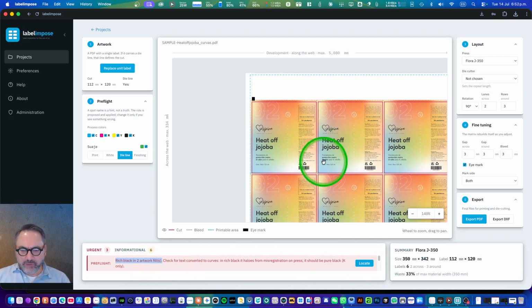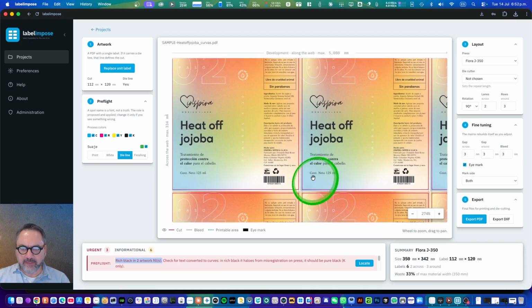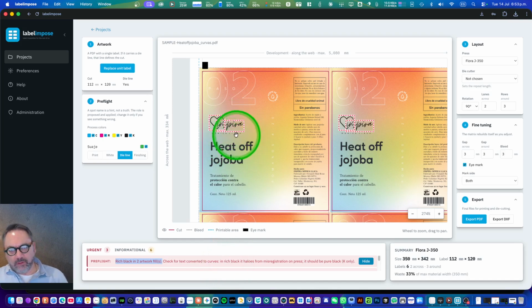If we don't understand what it says, we can simply zoom in on the label and press locate. It happens that this hard shape, and probably the name of the product, is marked as a rich black in a very thin area, so it can produce some misregister or some problems with the registration.